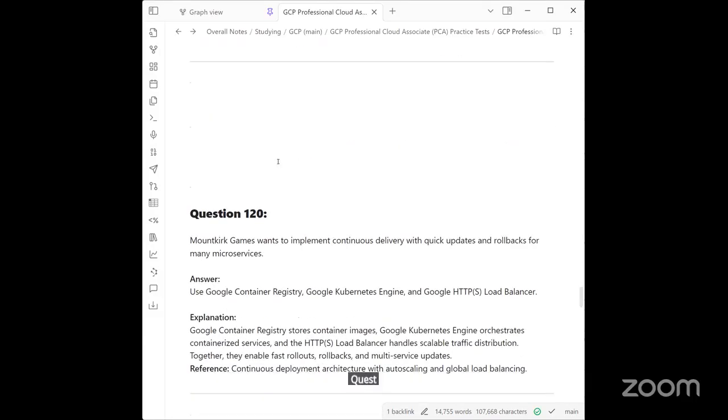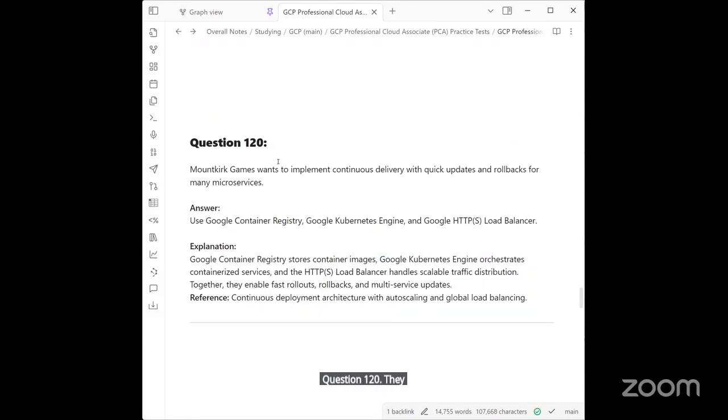Question 120. They want to implement continuous delivery, quick updates, and rollbacks. This would mean,